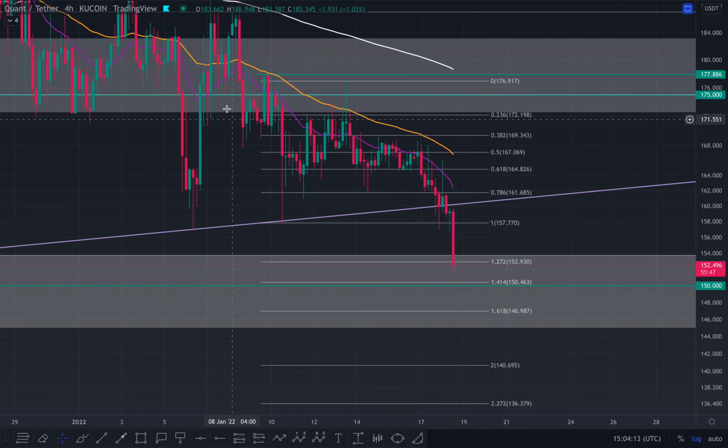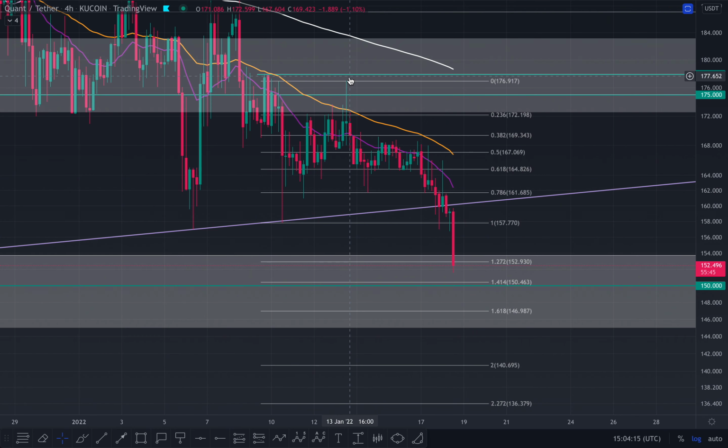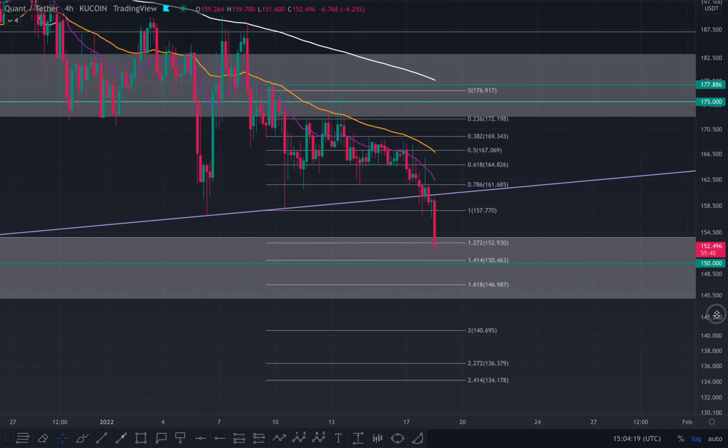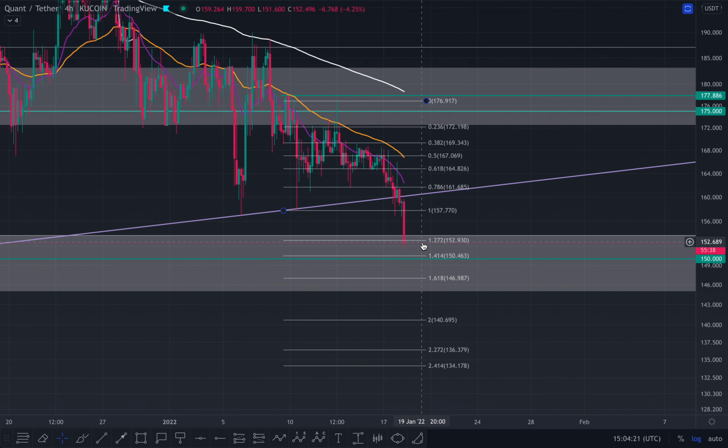You lost the 1 of this fib measuring from the swing low to the swing high over here, and yeah, that means we're in this target down to 146 minimal basically. I say minimal because once we lose the 1, that is our target. Now it doesn't mean the target will be met, just like with a double bottom or a double top. If you obviously break the neckline but come back and fail to hold it as support, then of course you've created a fake out and the pattern won't play out.